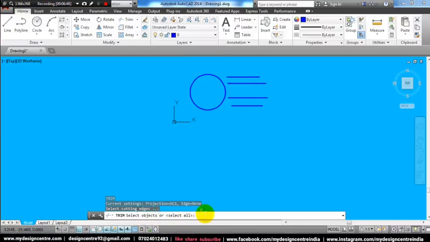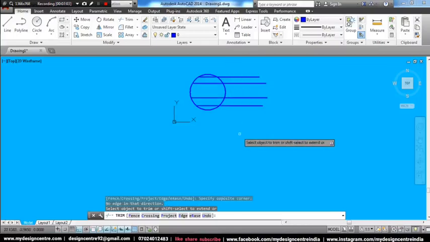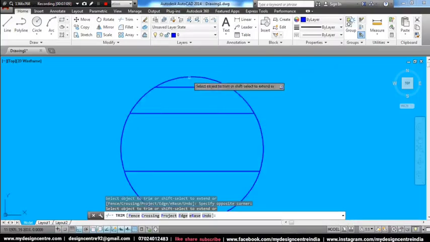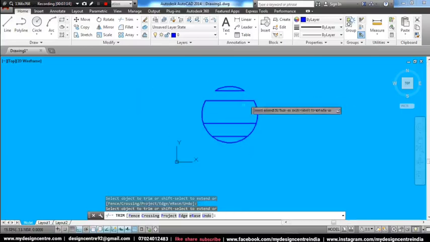Now click enter. Now it is given here shift select to extend. Hold down the shift key and select this line. Click again. You can also click like this up to the next boundary. Now let go of the shift key. Now click on this line to trim. You can also click on these edges like this.